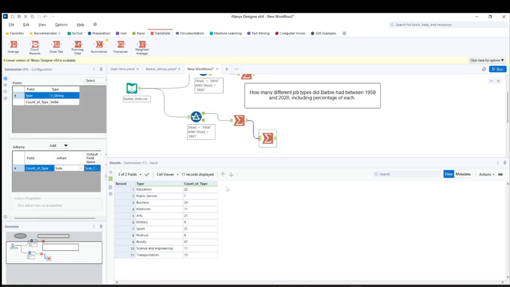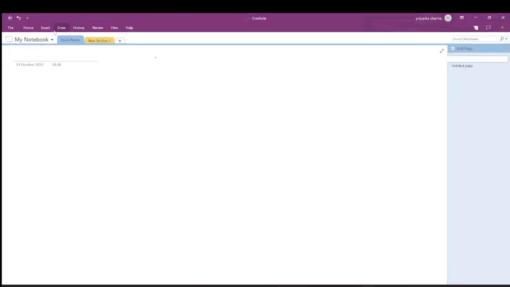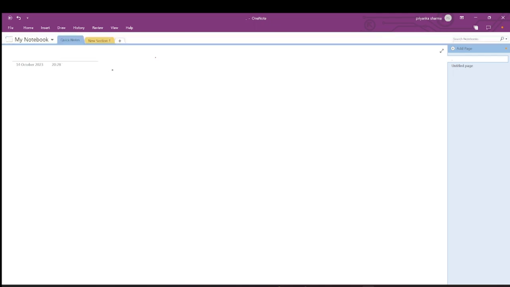So now let's understand what we have done. I'll take this notepad and let me just draw a little thing so that we can really understand this quickly. What we had was the type of the career profession, we had the count, and now we have the sum, which is 226.